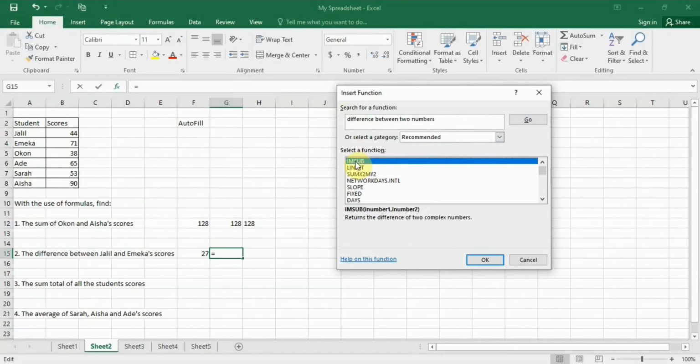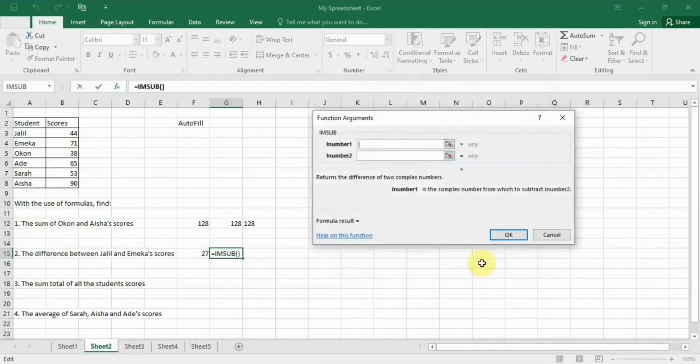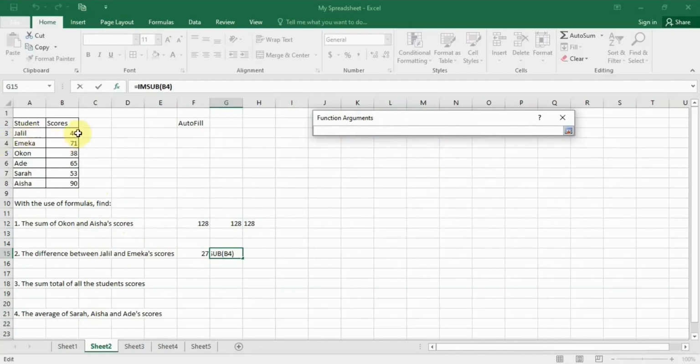See, IMSUB returns the difference between two complex numbers. So if we press OK, it will ask us which numbers we want to subtract. We want to find the difference between Jalil and Emeka's score. So Emeka's first number, and then if we click here, enter Jalil's score, which is 44,